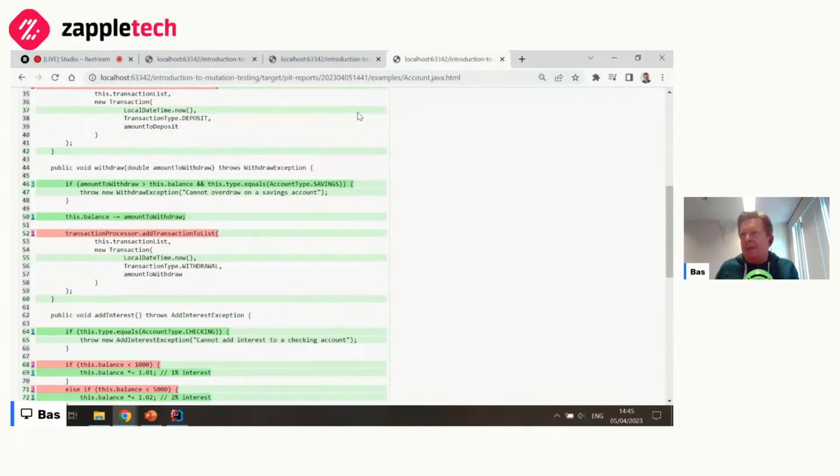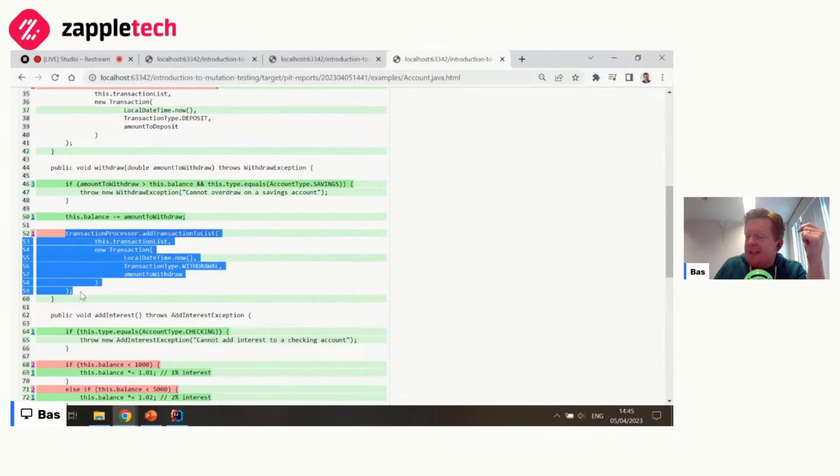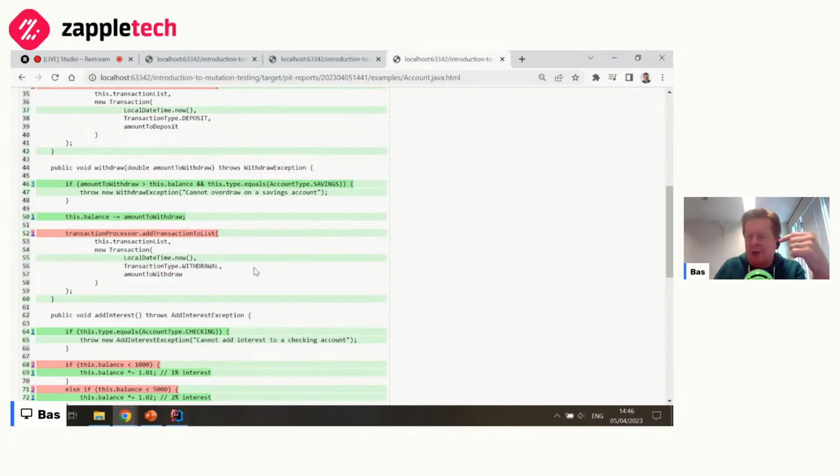Because this code is covered, you can see it's marked in light green, which means it's all well and good. This code is exercised when you run your tests. It's just that the effects of this method call are never verified in any of your tests, which are two pretty different things. And this is where, again, code coverage falls short. Just measuring code coverage falls short, but mutation testing can help you identify these weaknesses in your test suite.